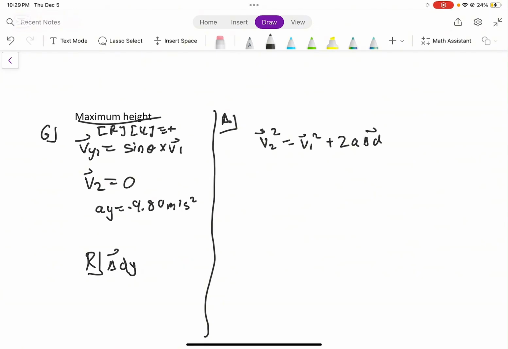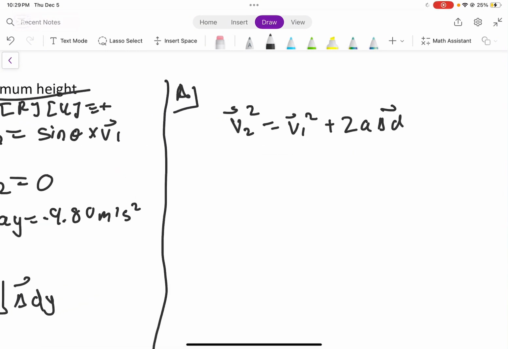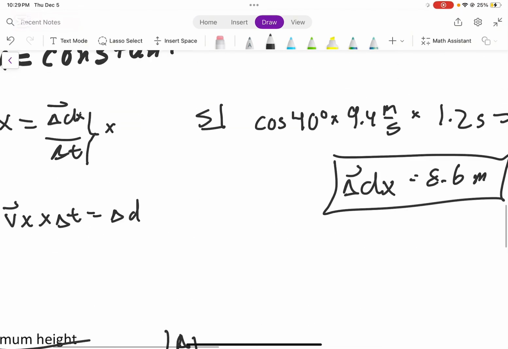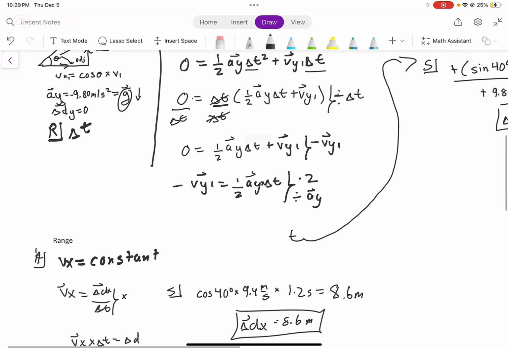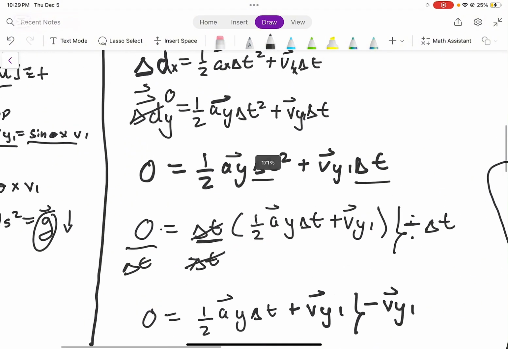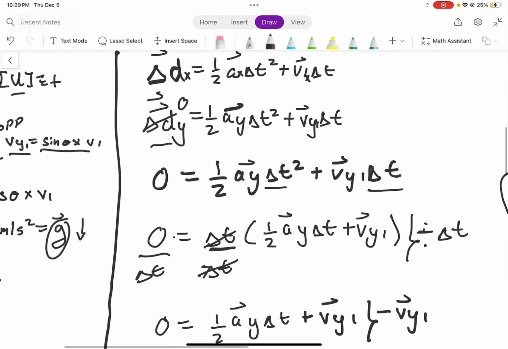Now, why did we choose this equation? Well, we know this equation will work here because we have all the y components. We have v2y, we have v1y, we have ay, and we're looking for delta dy. Why didn't we use maybe this other equation here? Well, we're looking for delta dy, which is correct, and we have ay, but we don't have